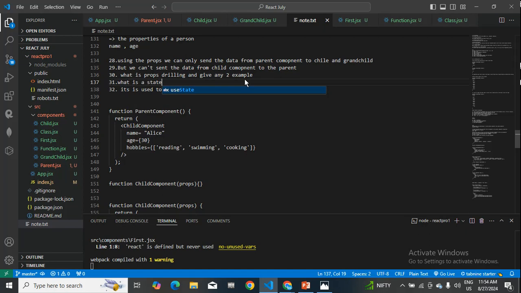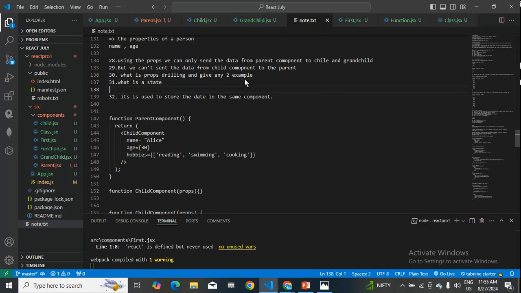Okay, and the proper definition of state is nothing but, I can just give an answer for this also. State is a real time data. Okay, you need to note down this also. It is a real time data. I'll tell you why we are calling it real time data,